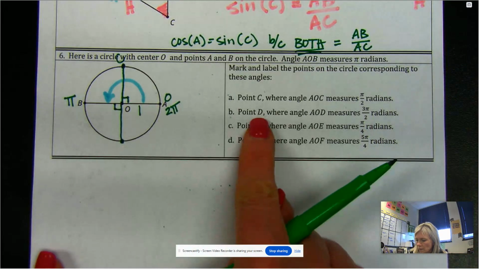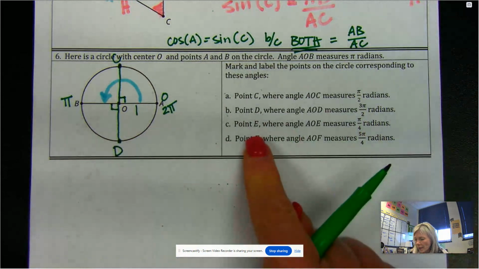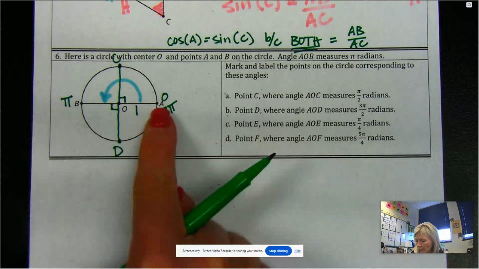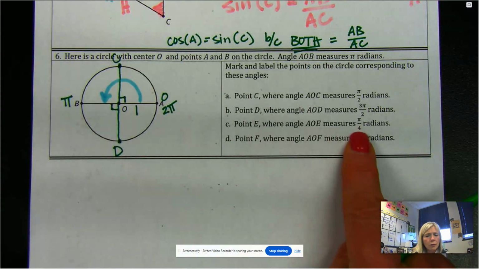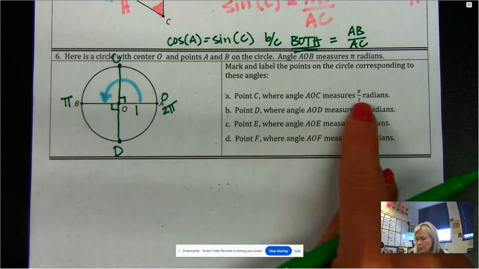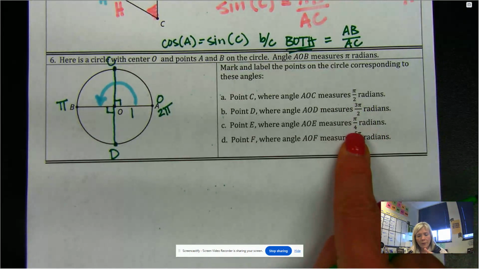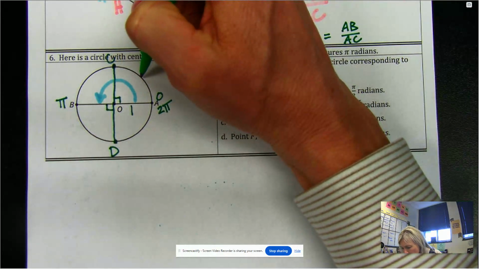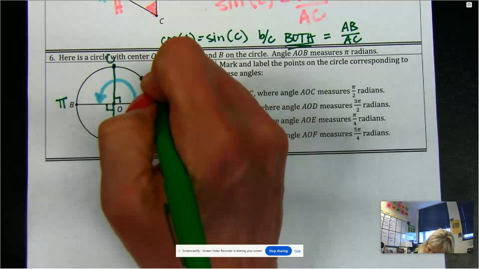And so it looks like this is point D. Okay, point E, where AOE, so from here to O to wherever E is, is pi over 4, or 1/4 of pi. So remembering that C is at pi over 2, or 1/2 of pi, this would be half of that. So half of this distance right here, so halfway, I'd say about there, is going to be point E,